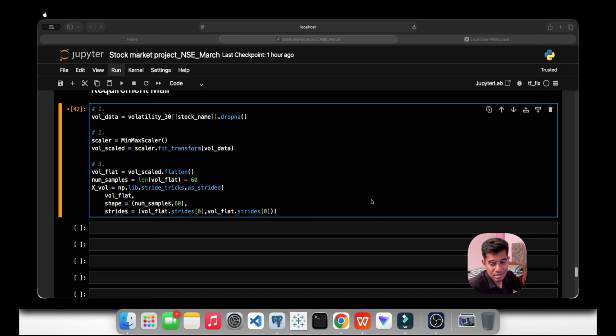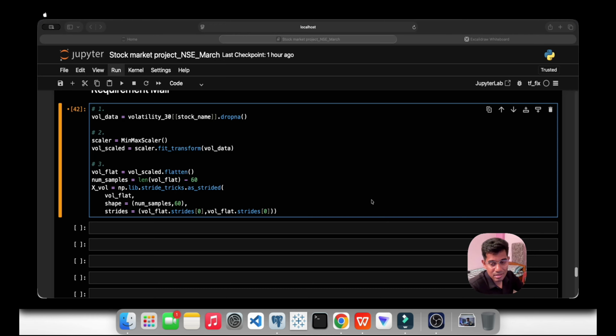Reshape of what values? The X values that we found in the third requirement, x vol. Simple as that. How will we reshape it? Let me write the command here, then we will go with the flow.